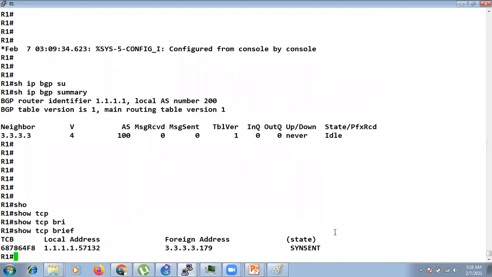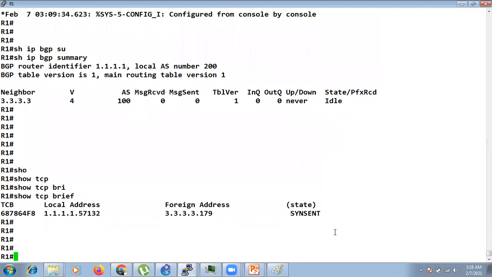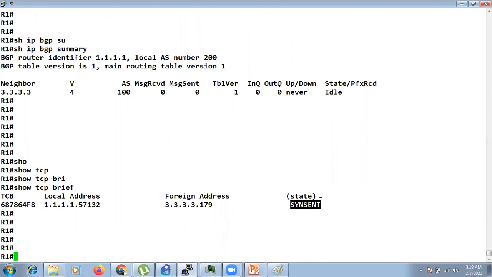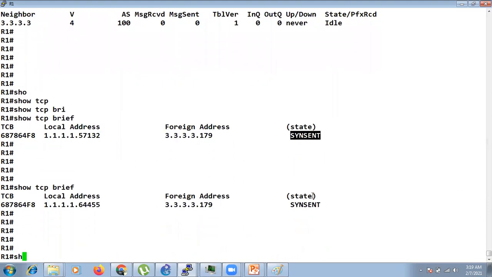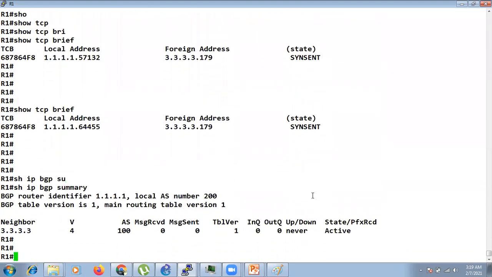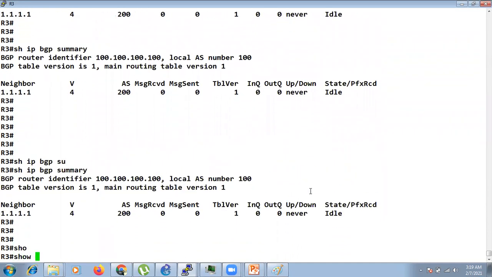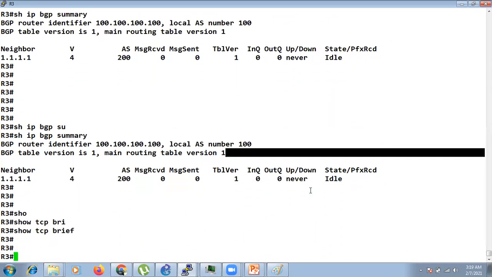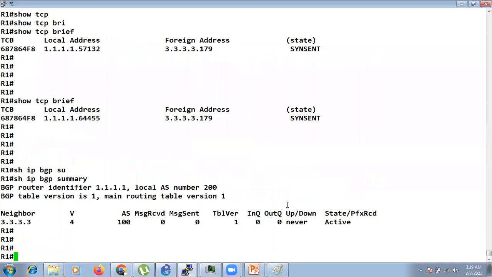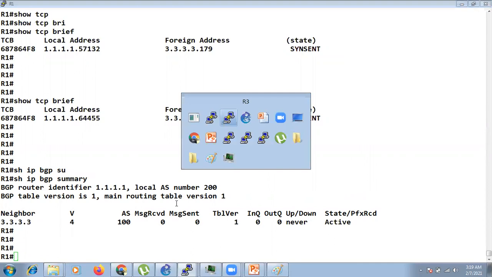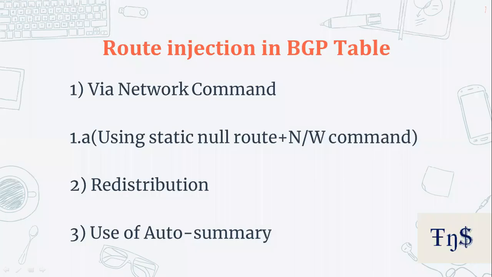Show TCP brief. Okay, the SYN is sent, right? IBGP. Show TCP brief. See, R1 is sending the SYN packet, right? But R3 is not responding. What is happening here is